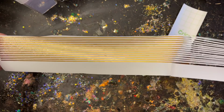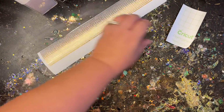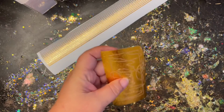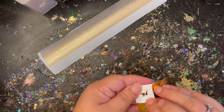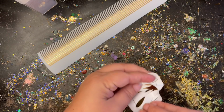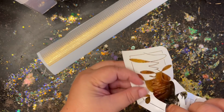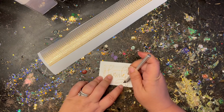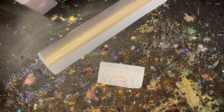I'm using this textured, I think it's like a gold or a bronze color vinyl, and I made the width of my pinstripes 0.056, and I just made them 12 inches long because at the top of those regular curves, it needs a little bit more to reach all the way around. And I just made my decal kind of a basic size. I made it about 2 inches high by a little over 3 inches wide, which is pretty typical for a